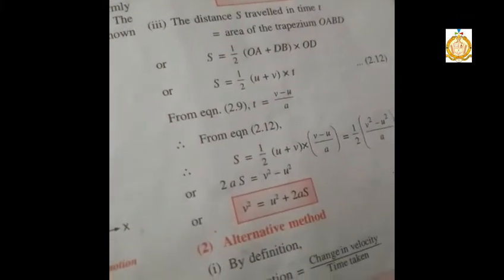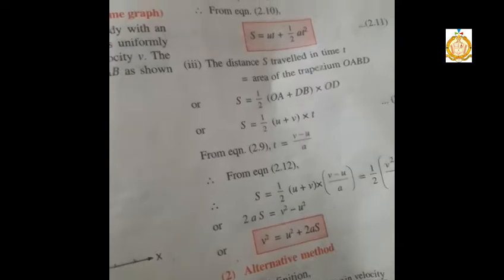These are the graphical derivations, and in your book some alternative methods are given. If in the exam they ask you to solve it graphically, then you have to solve like that. If they have simply asked to prove that equation, then you can prove it by the alternative method also. So in the same way, A is equal to final velocity minus initial velocity upon t, V minus U upon t, that is cross multiply, V minus U is equal to AT. So V is equal to U plus AT.